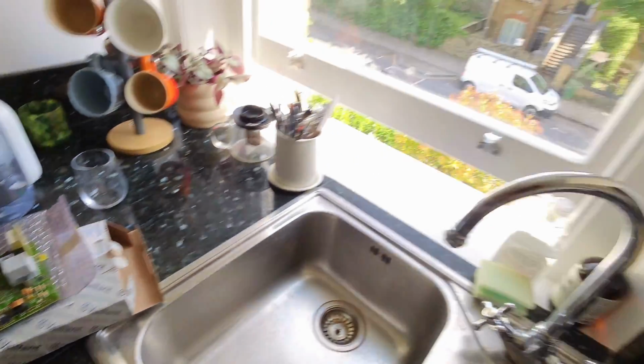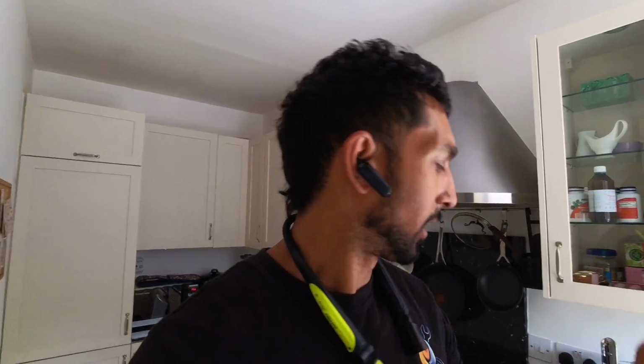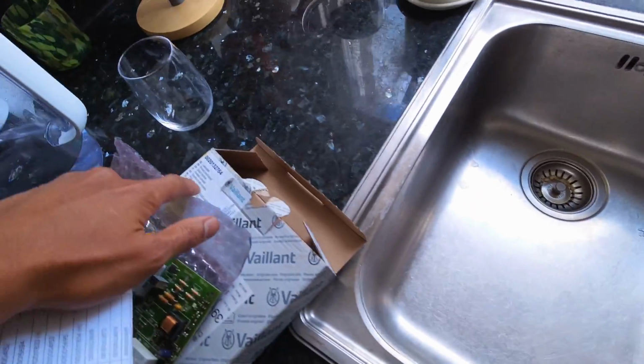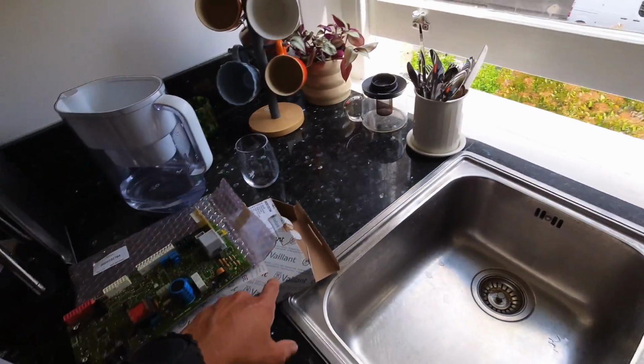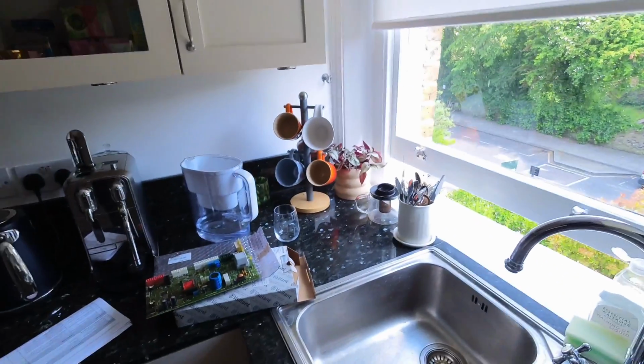Right, board's been replaced and we have an F70. Don't panic, this can happen. Basically, because these PCBs are generic, sometimes you have to program it to the boiler. Now, these PCBs, the ones that come as 764, I believe they are for the Ecotech Pluses. Now, this is an Ecotech Pro. And luckily,